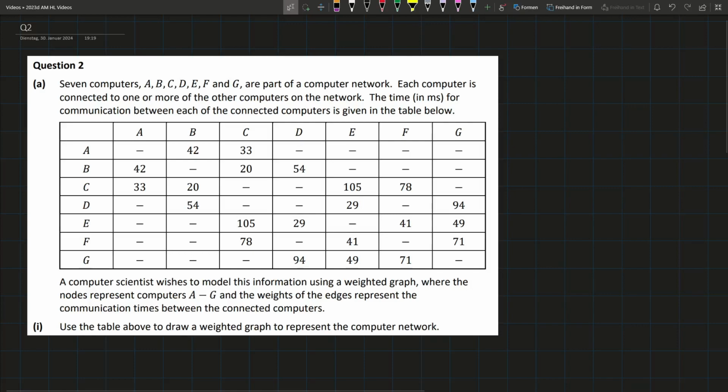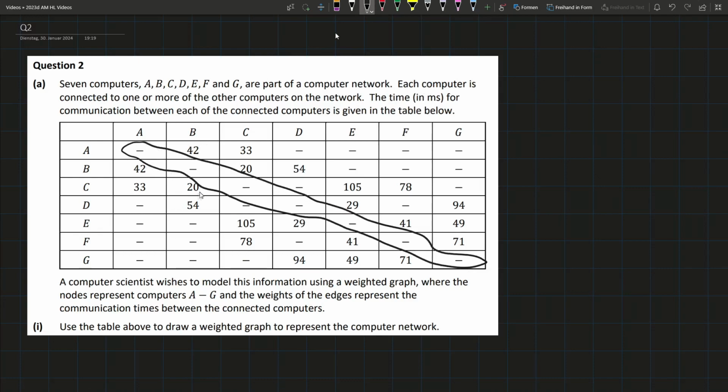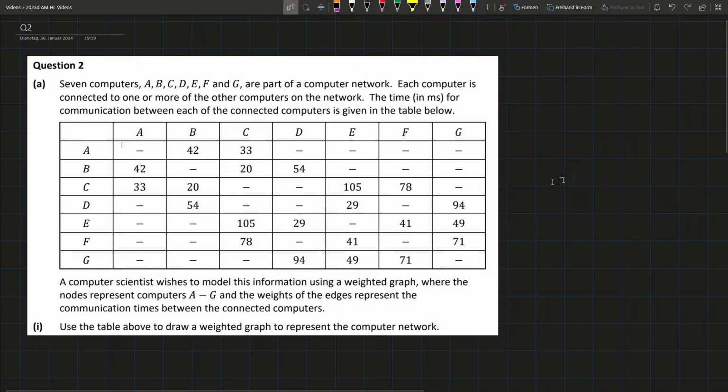Question 2 starts off with a distance matrix, so you can read all the information yourself, but basically this is just a distance matrix, and it's not directed, which we can tell because if we look along the main diagonal here, you can see the entries are symmetrical about the main diagonal, so 42, 42, 20, 20, and so on. So we don't have to worry about the direction, so we don't have to worry about which way we read these, but yeah, so basically in part 1, we're just told to draw a graph using this information, a weighted